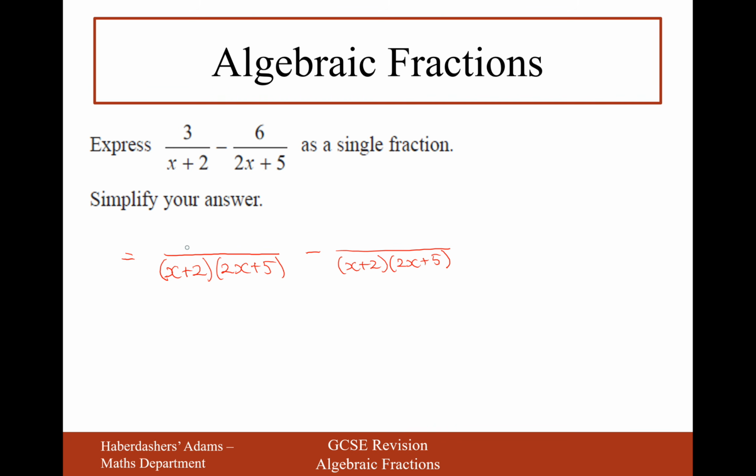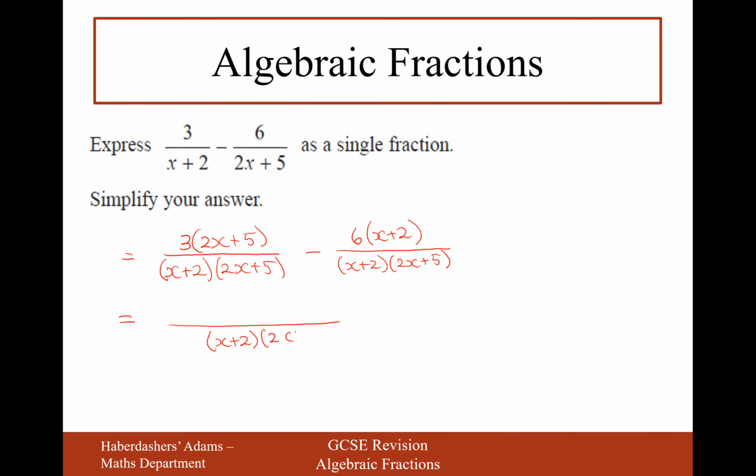Okay, so the first one already has the denominator of x + 2, but it doesn't have the denominator of 2x + 5, so I'll need to multiply it on my numerator instead. And on the next one it's going to be 6 and x + 2. So let's expand the brackets now and put it all over one common denominator, x + 2,